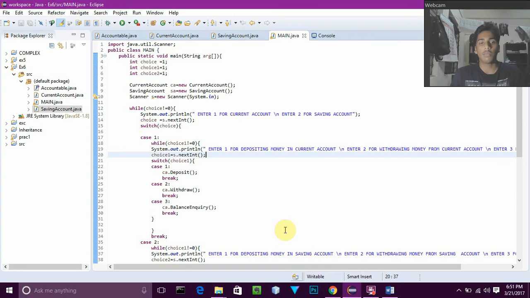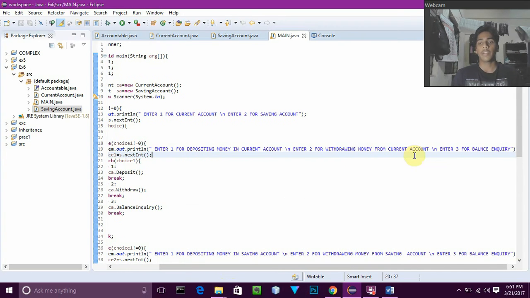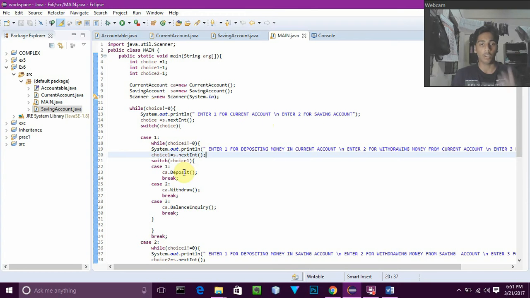Here nested while loops and nested switch cases are used. We can see while choice1 is not equal to 0, inside this first case, if it is for current account, it goes into this case. As you can see, it is while choice1 not equal to 0, then enter 1 for depositing money in current account, 2 for withdrawing in current account, and 3 for balance inquiry. If the user presses 1, that is for current account, then